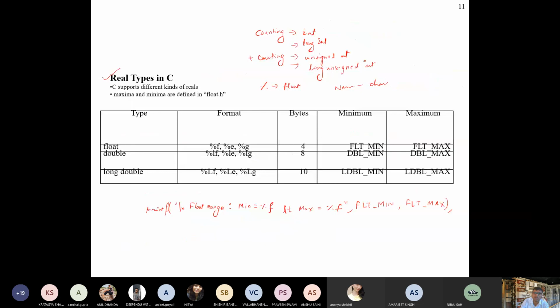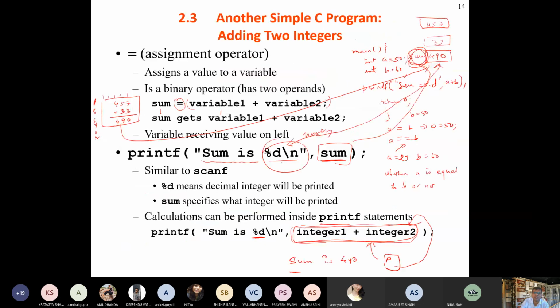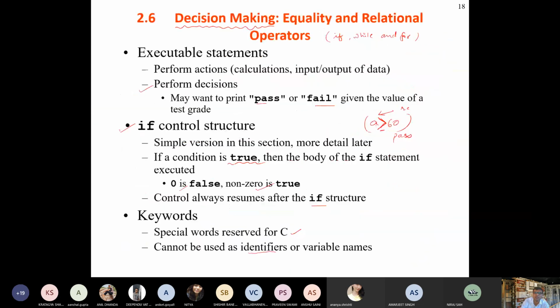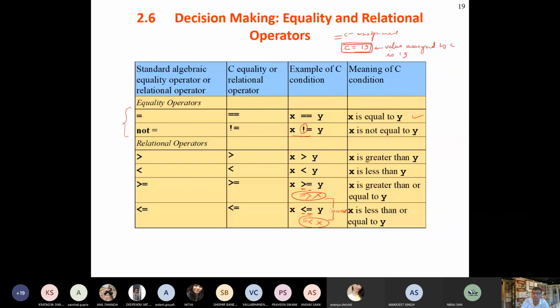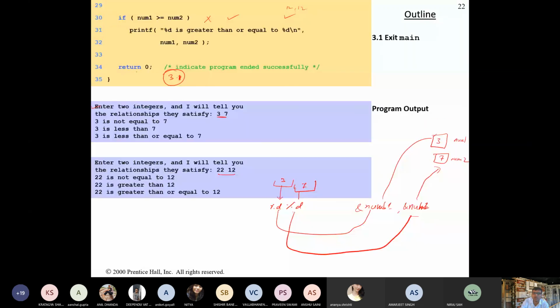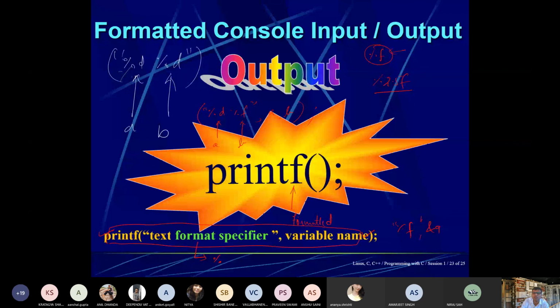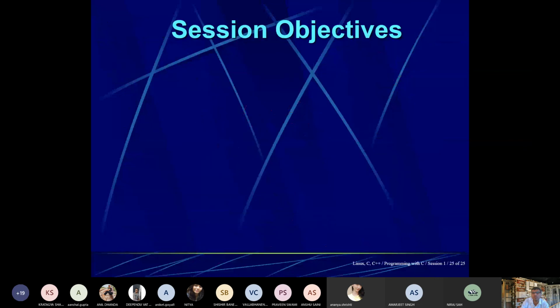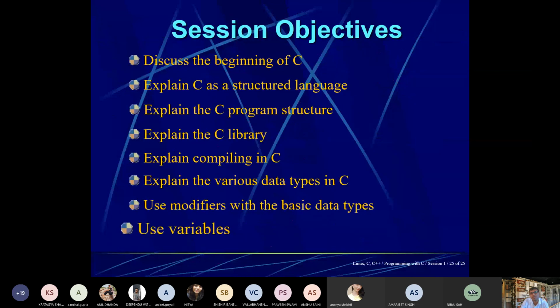Different keywords, each and everything I had explained: arithmetic operator, equality operator, their precedence, and there is another program, how it will run, then formatted input output. So all these things we have covered.